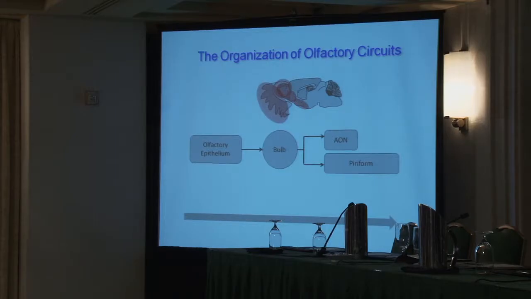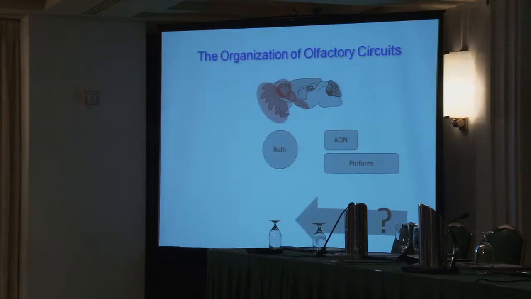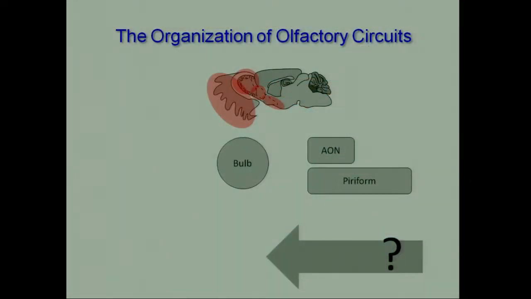Now, that's not the whole story. This is the feed-forward story. Every one of these projections going forward has a feedback projection coming back. Now, what's going on there? Well, we don't know. These are the most difficult projections to study or analyze. And I'm not going to go into this. People in the visual system have struggled with this for a long time. And it's even more mysterious in the olfactory system.